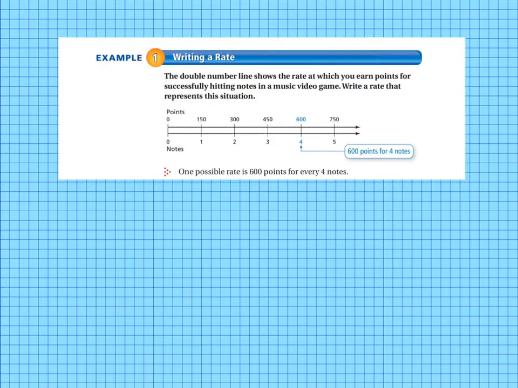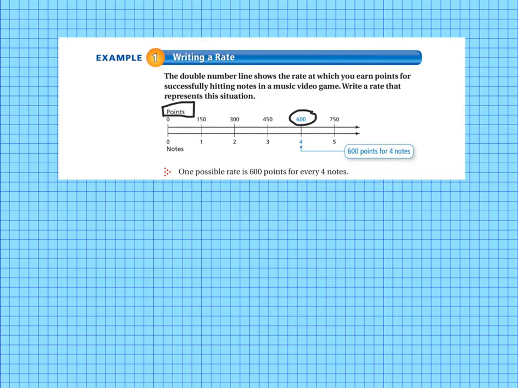Example 1, writing a rate. The double number line shows the rate at which you can earn points for successfully hitting notes in a music video game. Write a rate that represents this situation. So if this were a problem on a test, for example, you could pick any one of these and you take the number on top and the unit